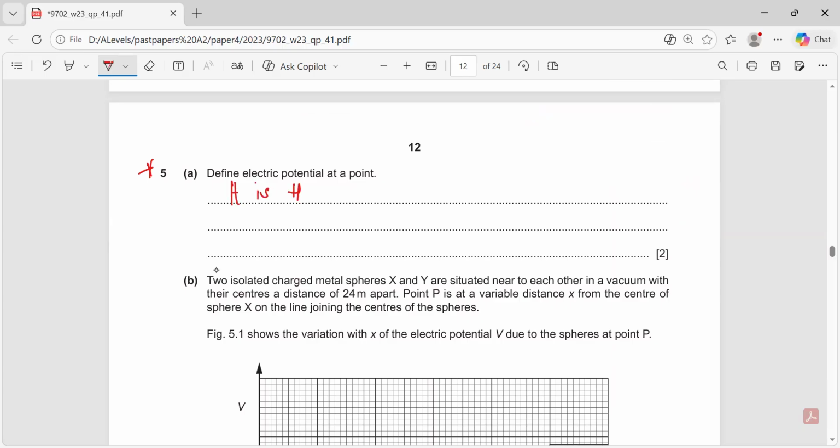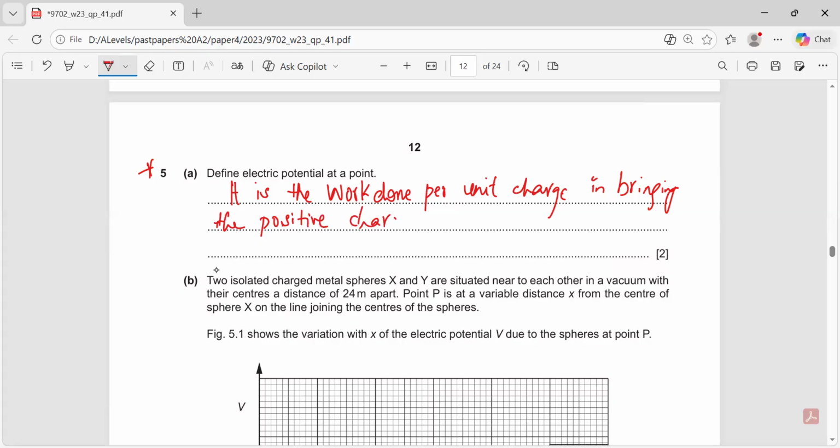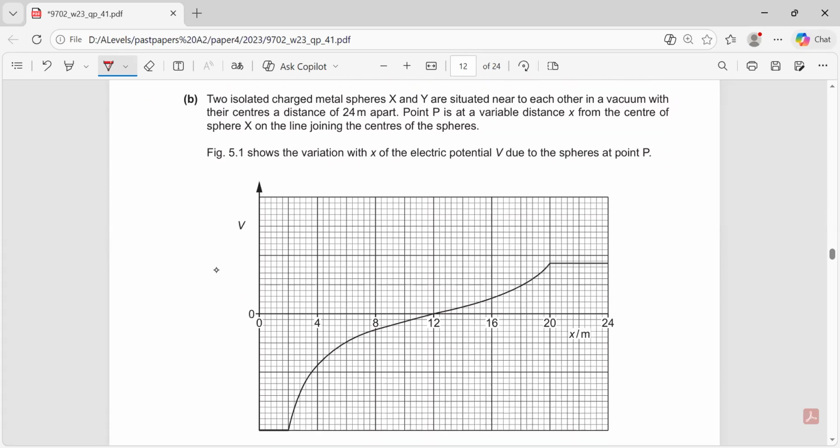It is the work done per unit charge in bringing the positive charge from infinity to a point. ठीक है, work done per unit charge in bringing a positive charge from infinity to a certain point is known as electric potential। तो हम बोलते हैं electric potential।